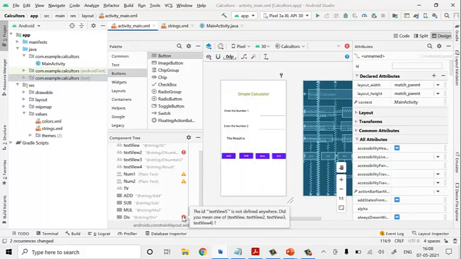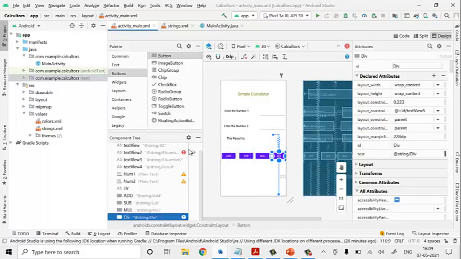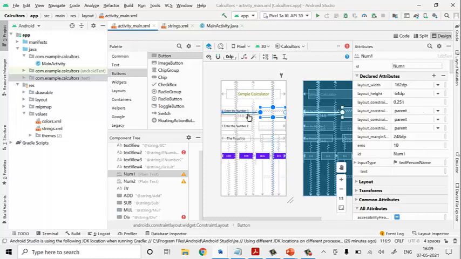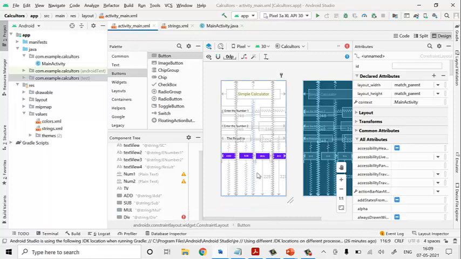Text view is not displayed. The ID text v5 is not defined anywhere. ID and DD. Okay, one second. Text v2. Okay, it is done.